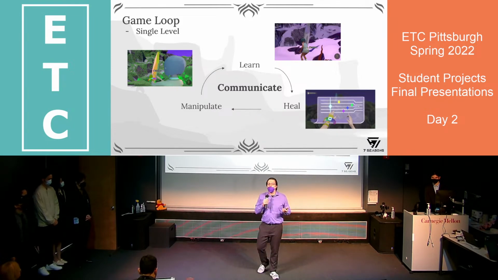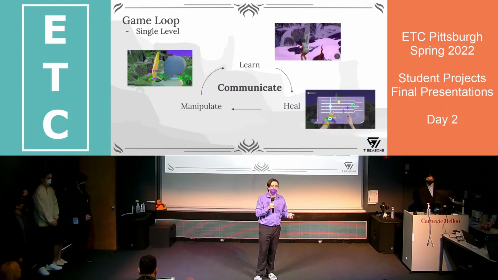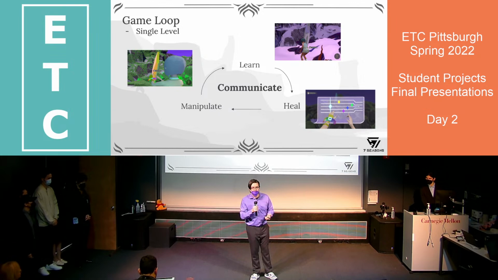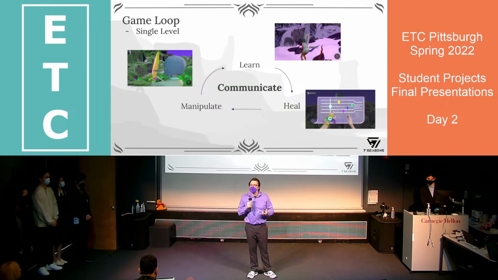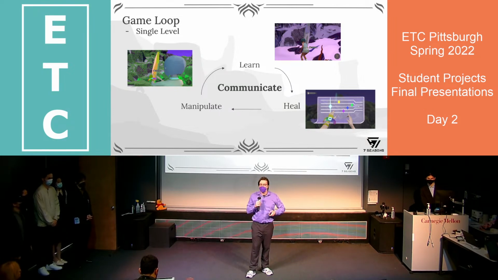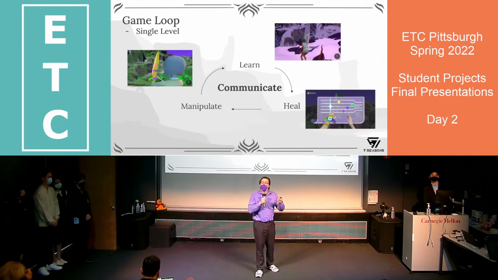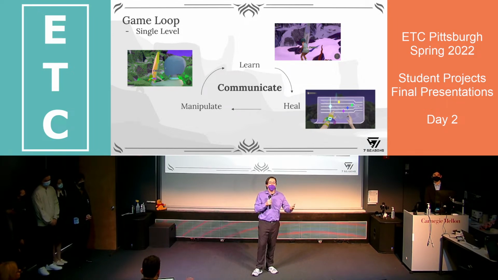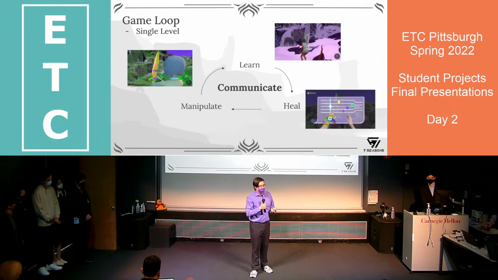As you go through this loop, we want the player to discover that there's this 4th verb tying together everything they're doing in this game. It's all part of learning to communicate with the whale through this universal language of music. As you manipulate the environment and learn individual notes, you're exploring your basic vocabulary. When you heal individual areas with short musical phrases, you've learned enough to express simple thoughts. But by the time you're performing these duets, suddenly you're in active communication with the whale, and you are completing each other's musical thoughts and working together to create complex expressions.